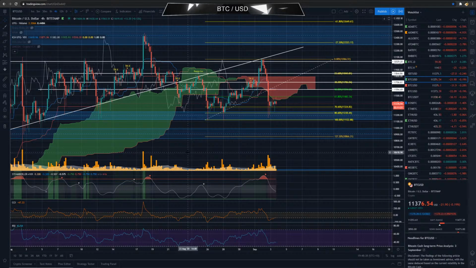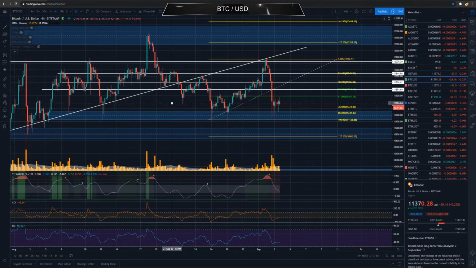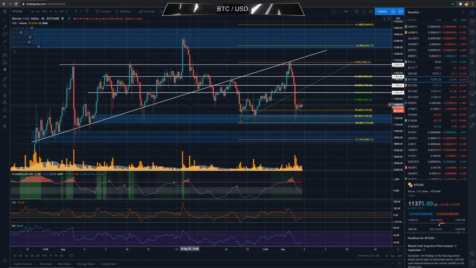So we might linger around here as we have in the past, but looking left, we've rejected from this point here on the 27th of August. We rejected from there and made that first double bottom. So I wouldn't be surprised to see this same sort of action play out. Yes, we made a higher high there where we had that bearish retest of that overall trend line. We're yet to make a significant lower low below that 100 fib mark at that 11.112.